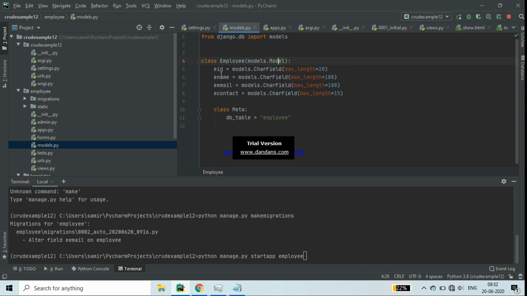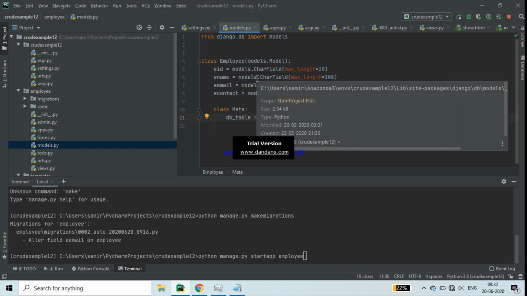After that, models.Model, then eid, ename, email, econtact; these are all fields, and their data type is CharField, since all are character types. Now this is the Meta class. Whatever table name you want to give in the database, that table name you have to write here, that is employee.